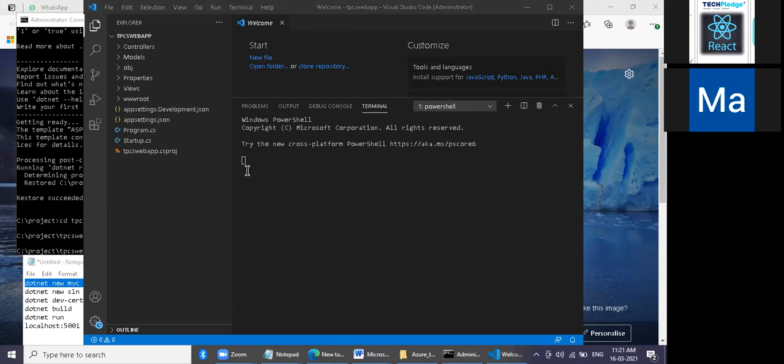Wait, it's not allowing me to type. So this is PowerShell only, right?